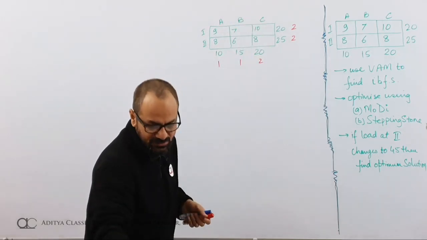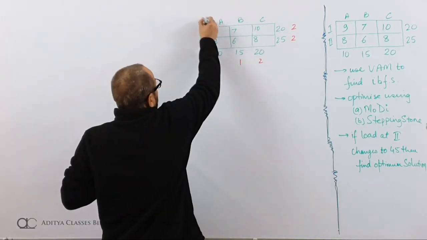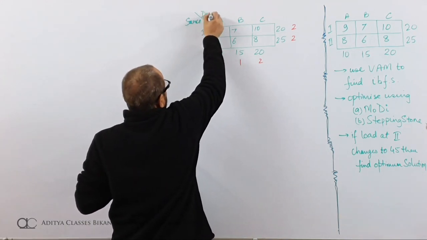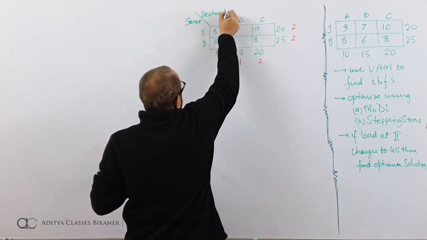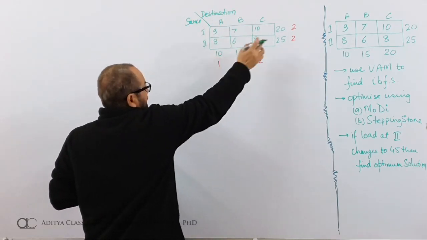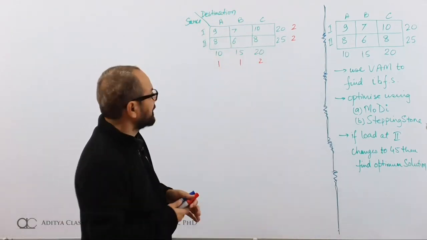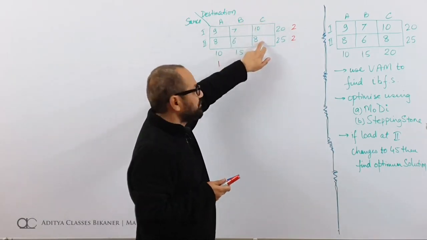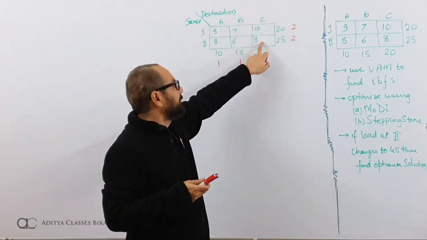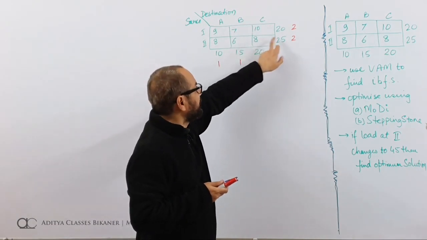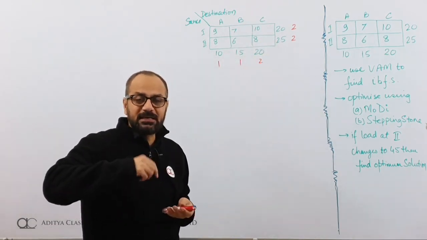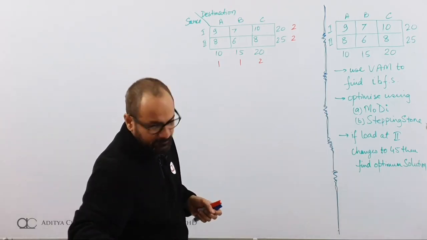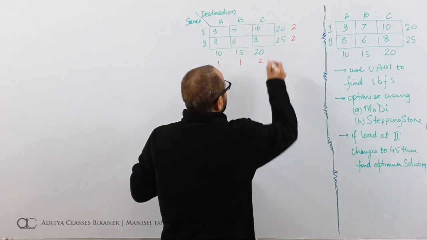If I take this 2, there is the destination C. Let us call these sources and destinations. Source, destination. Now, if I select the third one, that is this 2, then I am selecting source C. For source C, the minimum distance happens at 8, and 8 has a supply of 25 and a demand of 20. So it can transport 20 units. So what I'll do, I'll take